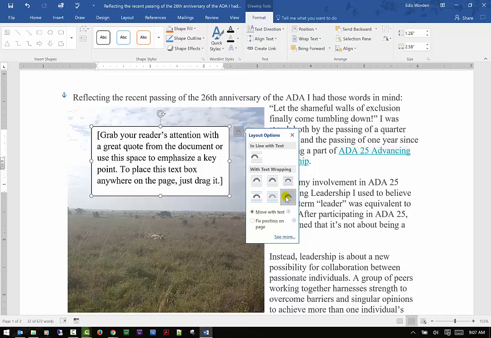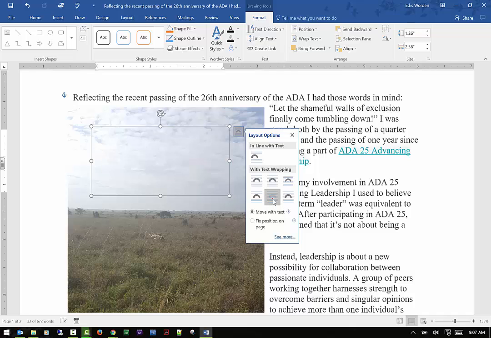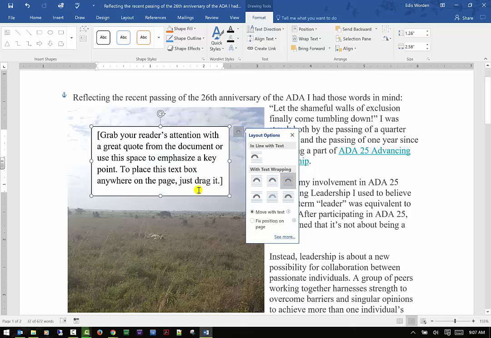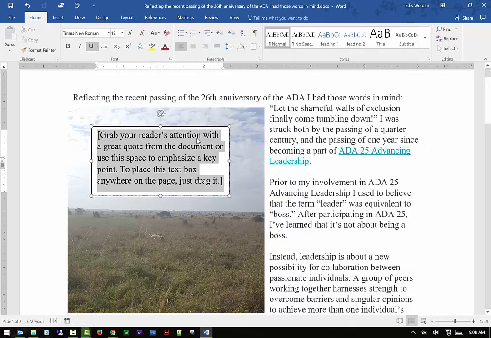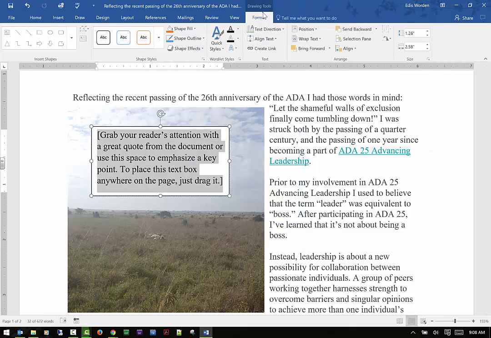I could keep it in front of the text. I can move it behind. So I have all of these options that are available to me. So if you want to put some kind of caption in there, you can. The text box, you can also see that in the format box,